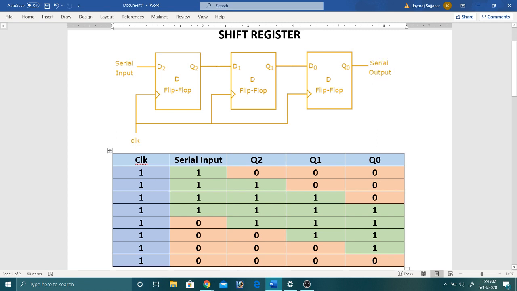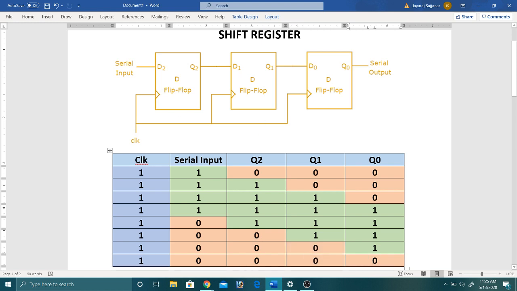So this is our truth table. We are applying clocks here. So whatever input we are giving here, it is initially given to first flip-flop, then second flip-flop, then third flip-flop. Same way these values are given to first flip-flop, then to second flip-flop, and then to last flip-flop.